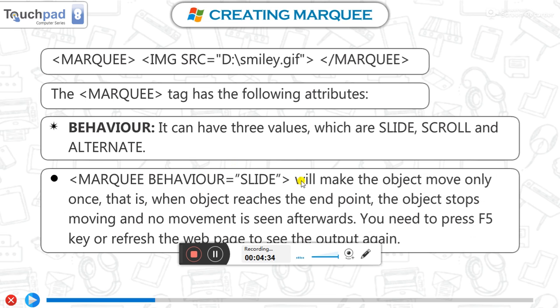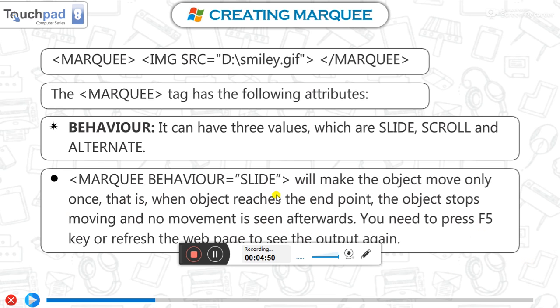Marquee behavior slide will make the object move only once. When the object reaches the end point, it stops moving and no movement is seen on the screen after that.